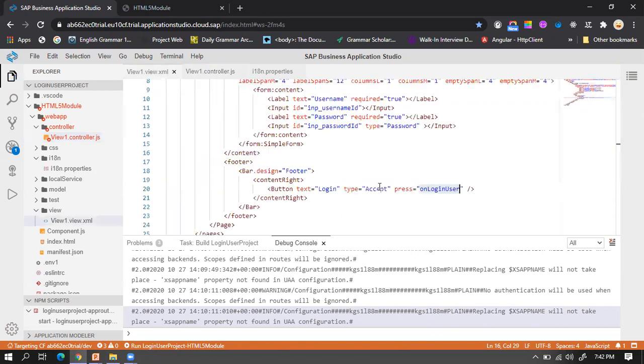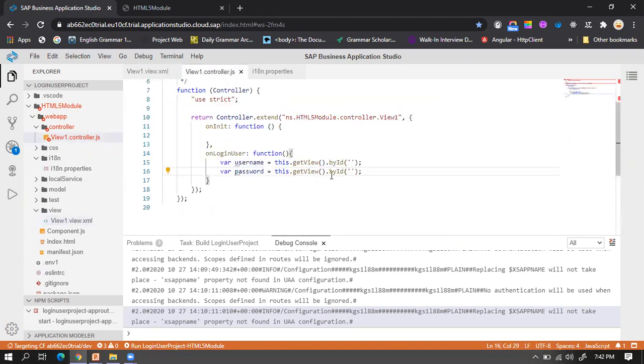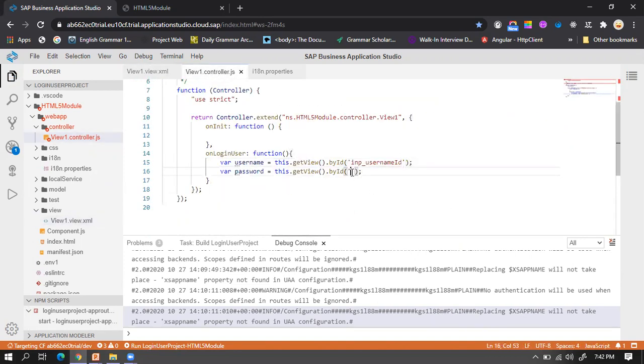Let's copy the input field IDs, because we want to get the value from the input fields. So now the variables username and password have the IDs of the input fields.